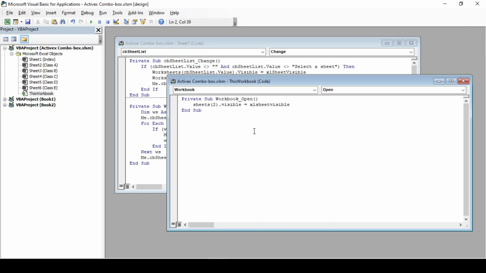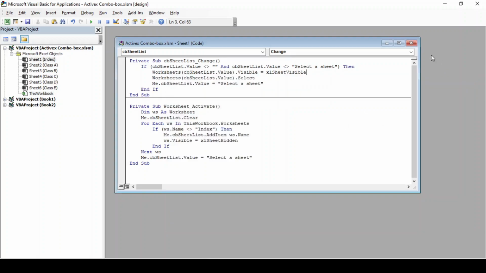So this line will make the second sheet in the workbook visible. Next we'll activate it: Sheets(2).Select. Now we'll activate the index sheet again: Sheets("Index").Select, and we are done. So now whenever the file is opened, our list will get pre-populated.